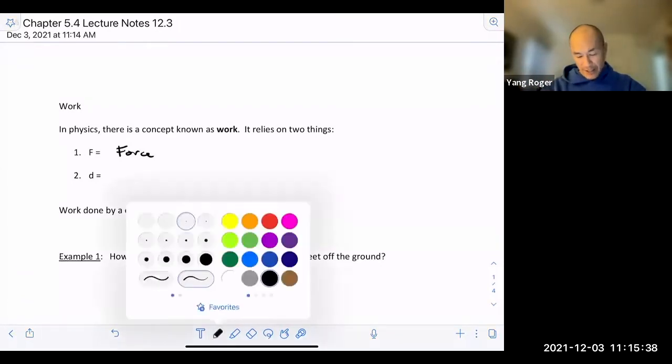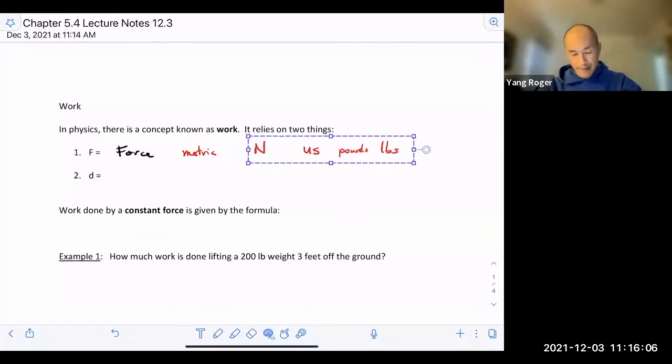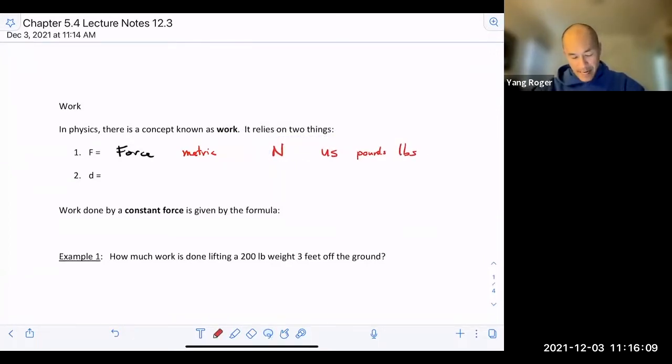If you use the metric system, force is measured in something called newtons. And if you use the US customary system, we measure weight in pounds. So actually, let me move this over, because in the metric system, I want to name it. These are called newtons. Okay, so